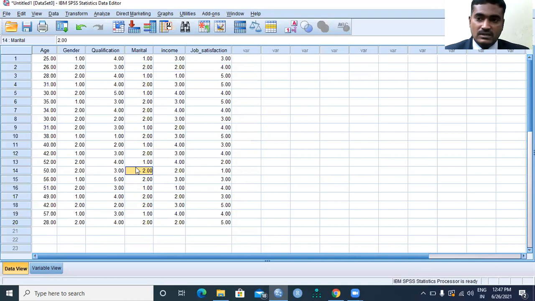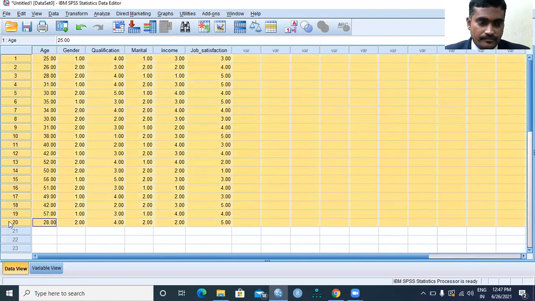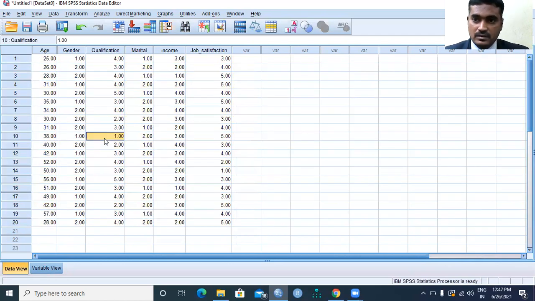Now we will perform one small operation here. Suppose the 20 observations are available, and I want to sort them in ascending order, smaller to larger value, with respect to age group. So what is the operation?